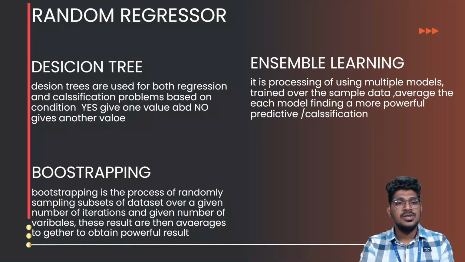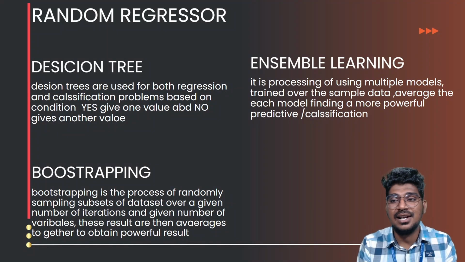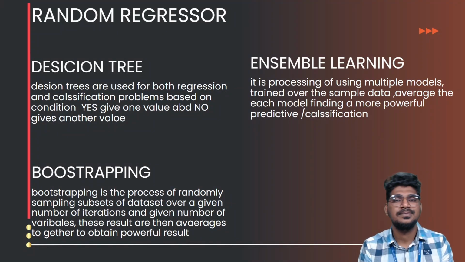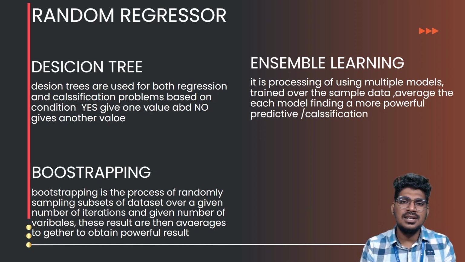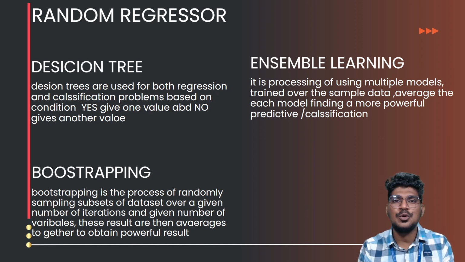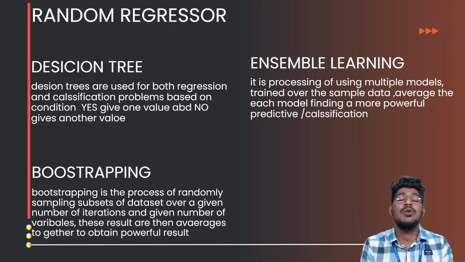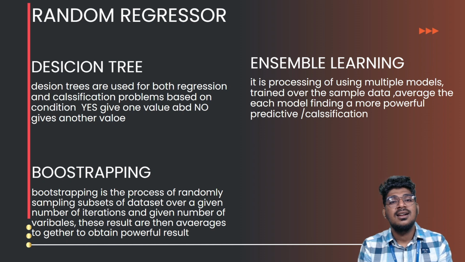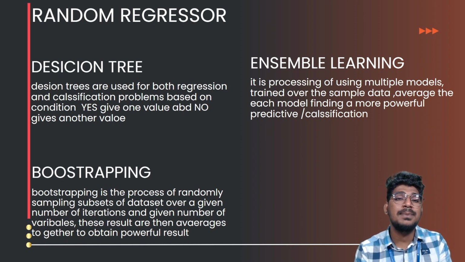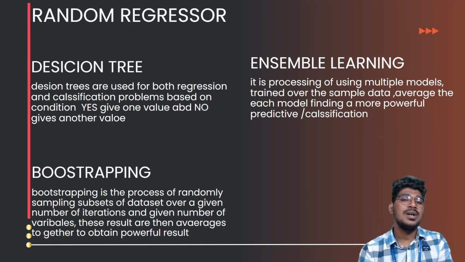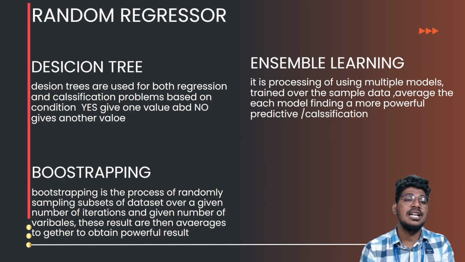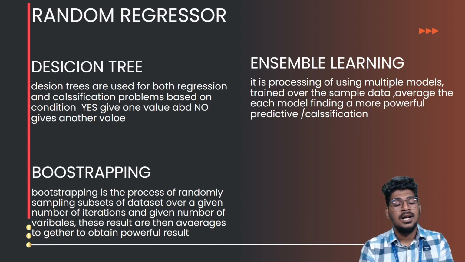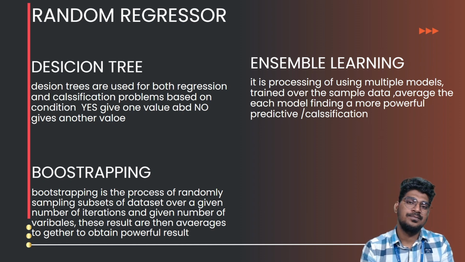Okay, right. So what is random regression? That is very important actually. Random regression works for classification problems as well. Same thing. But here the value will be the outcome, whereas there yes or no will be the outcome. So here we are going to use multiple decision trees. And what is the meaning of ensemble learning? And what is the meaning of bootstrapping? I will tell you right now. The decision tree.